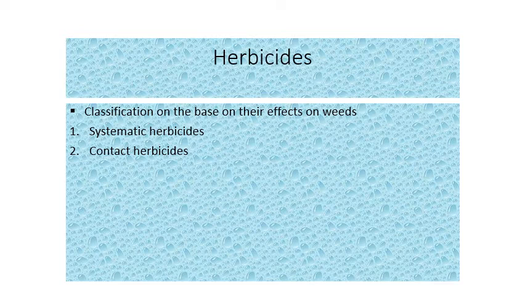Then the EPTC. It has these properties: it is a liquid with an unpleasant odor. Boiling point is 127 at 20 millimeters of mercury. It is highly soluble in most organic solvents, and it is widely used as a herbicide to control weeds in plantings of alfalfa, beans, beets, carrots, cabbage, potatoes, and many other crops.